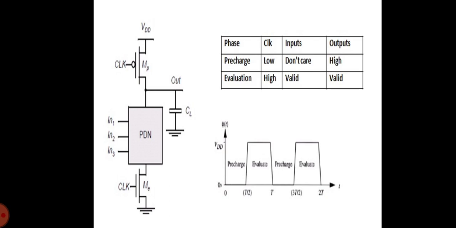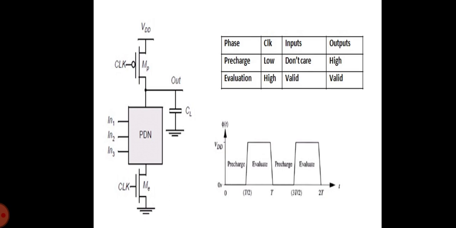As an example, consider a circuit which uses a common logic function like this. During the pre-charge phase, that is, clock equal to 0, the output is pre-charged to VDD regardless of the input values, because the evaluation device is turned off. During evaluation, clock will be equal to 1, so a conducting path is created between Out and ground if and only if A dot B plus C is true. Otherwise, the output remains at the pre-charged state of VDD. Thus the following function is realized: Out equals clock bar plus (A dot B plus C) the whole bar, into clock.